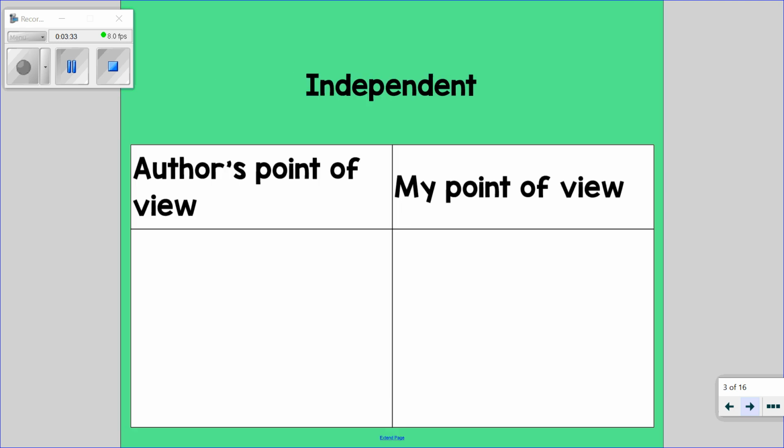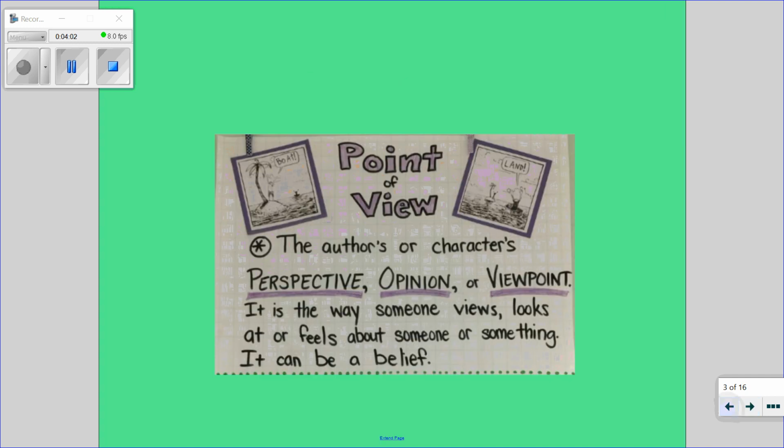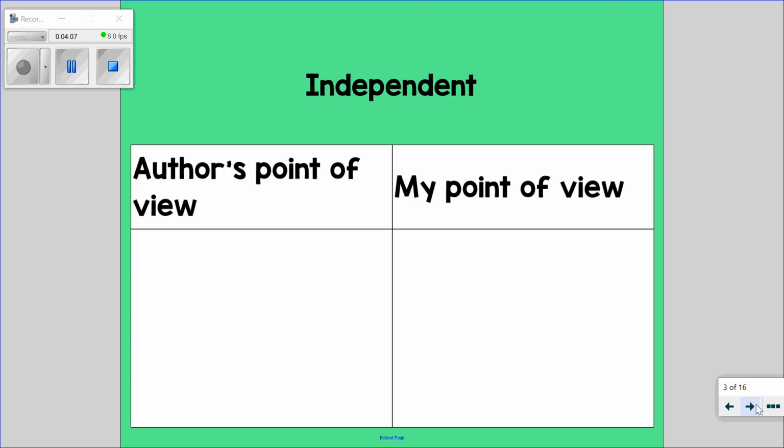So to make sure that you guys have a really good understanding of what we're doing this week, I want you to go back to our mentor text, and I want you to do something for me. I want you to tell me the author's point of view, the narrator's point of view. Is the narrator a character in the story, or is the narrator someone who's not a character? Tell me that. Then I want you to tell me how they feel about the story. What is their perspective, opinion, or viewpoint? And I want you to go back to the story and find some text evidence to tell me how you know they feel the way they do.